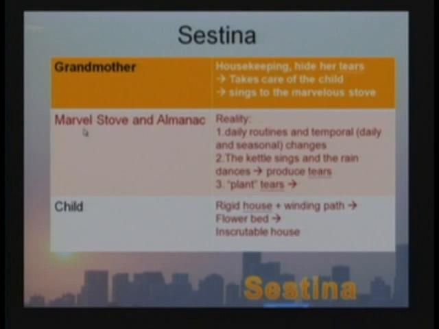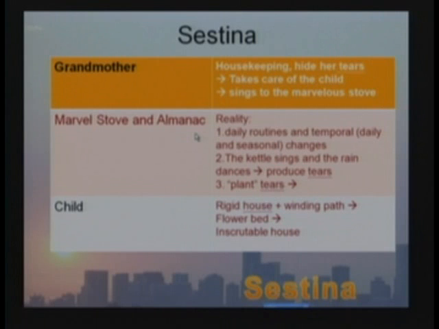Yeah, and then the marvel stove and the almanac, I think, suggest reality, in 2 senses. One is a daily routine, like the moon's falling down, or the almanac, one page after another, or almanac becoming the bird hovering over the whole house. It's all suggesting that daily routine or time passes, kind of ruling over them. But also, I think marvel stove, as I just said about grandmother, is part of the domestic scene. 就 daily routine 有2种，一个是 calendar time，一个是那个家事家务。那这边那个就是由 almanac 跟 marvel stove 来代表。